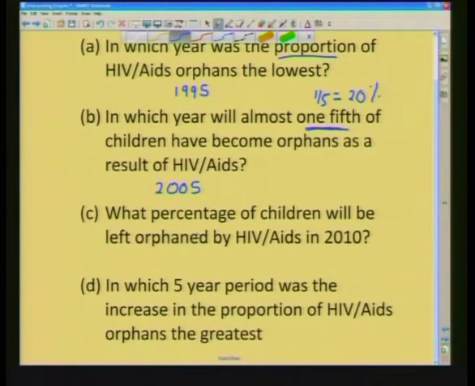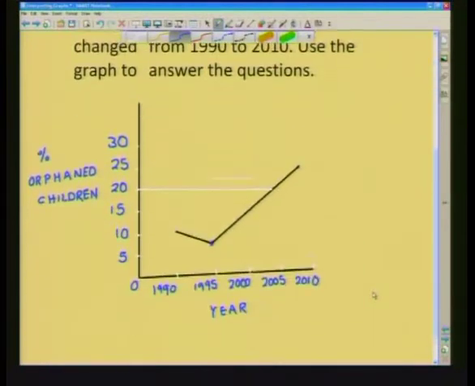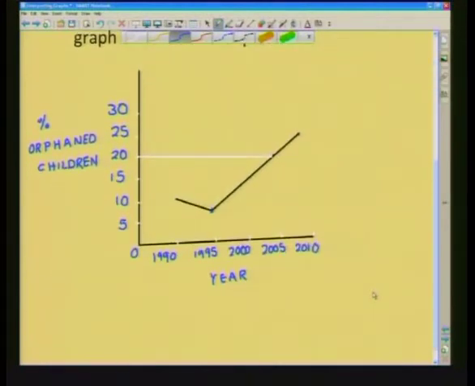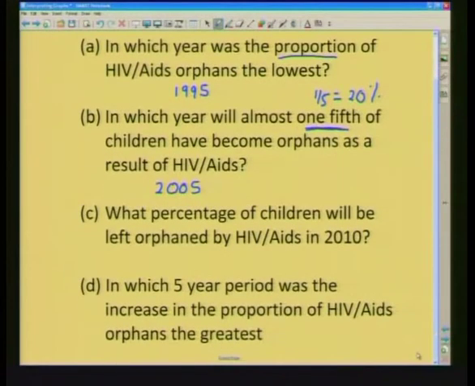Part C, what percentage of children will be left orphaned by AIDS in 2010? So here, because they've given us the year, we start in 2010 and we go across and read it off. So once again, we make use of a ruler, or in my case a straight line. I'm going to go across on my axis and read it off. And what you will see is that if we follow this onto the y-axis, it's somewhere between 20 and 25%. So we'll say it's roughly about 23%, plus minus